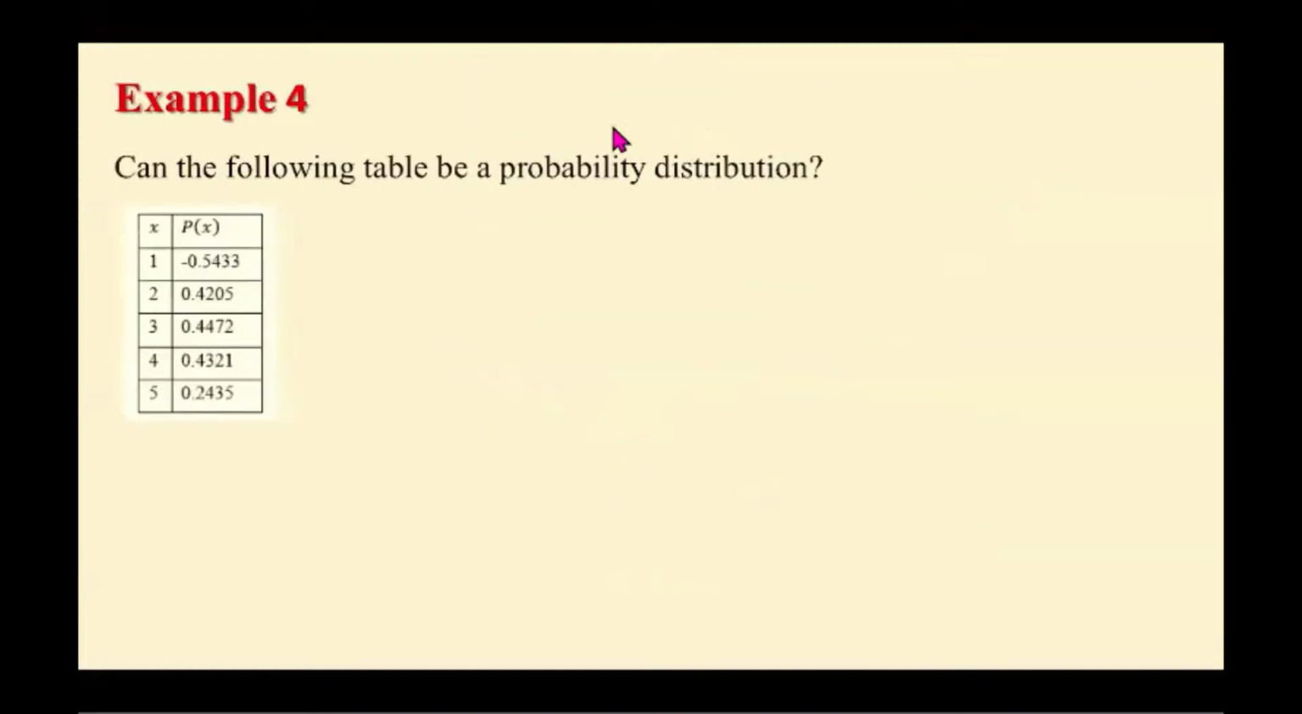Example 4: can the table be a probability distribution? Here is the table again, and we need to check whether this is a probability distribution or not. We need to check whether those two conditions are true. For the table to be a probability distribution, both conditions must be true. If one of them is not true, then it's not a probability distribution. The first condition is all probabilities must be between 0 and 1. But if you look here, the probability when x is equal to 1 is this one here, which is a negative